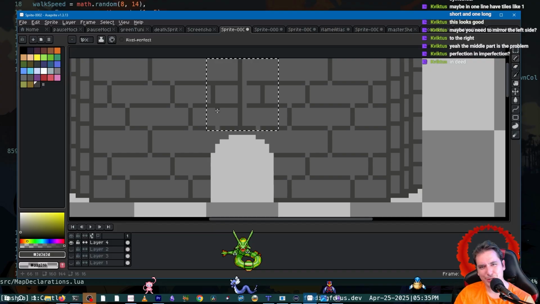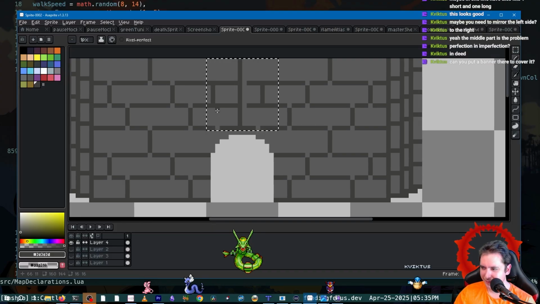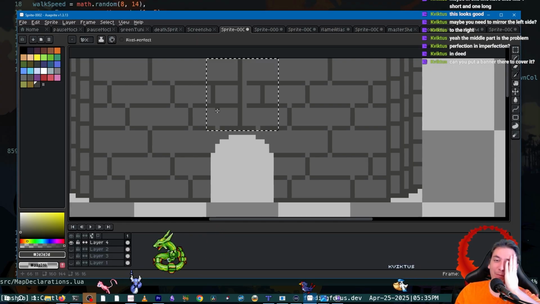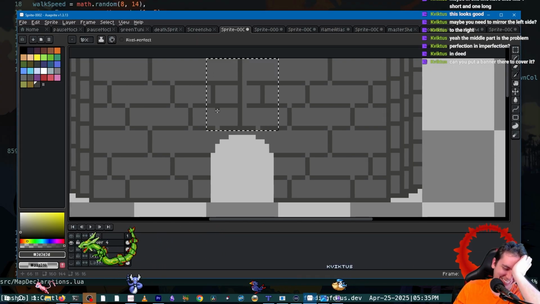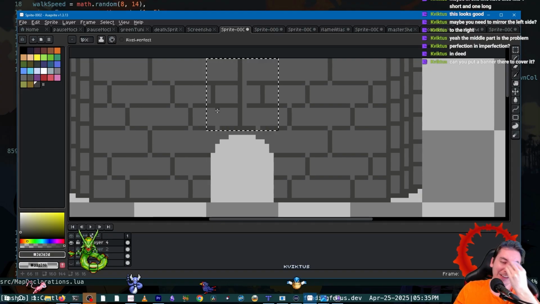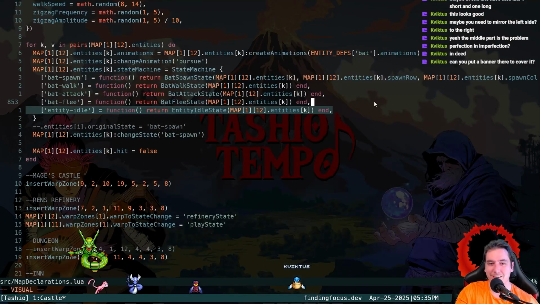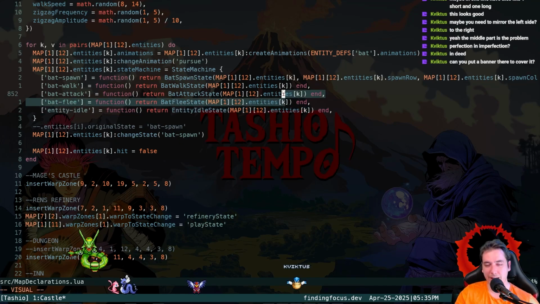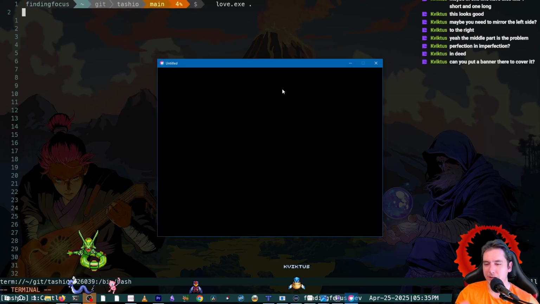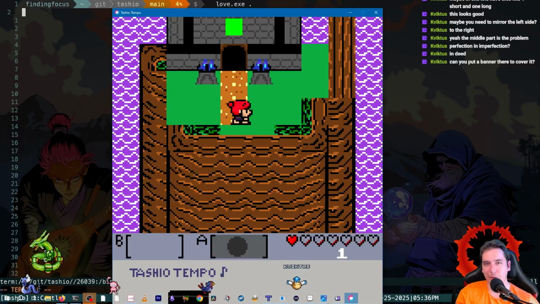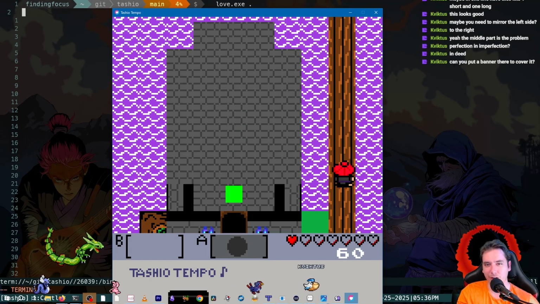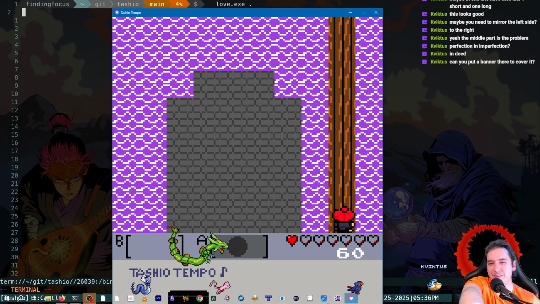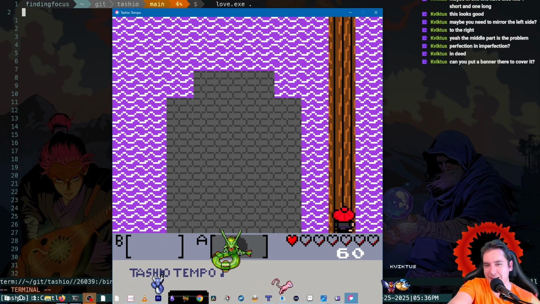It just looks so strange. Yeah, the problem is, this thing is tall. It covers like a whole screen and a half. So the banner would need to fix all the middle part of the castle. The castle goes all the way up here, so the banner would have to come from the very top and drape all the way down, hiding all of the